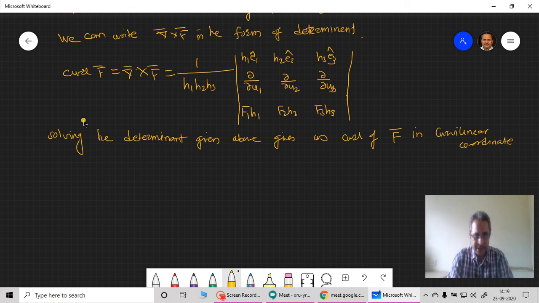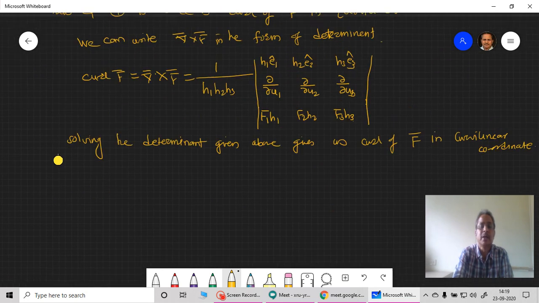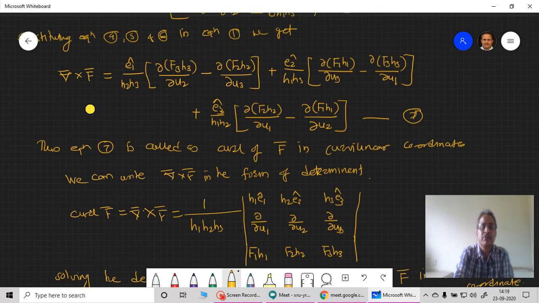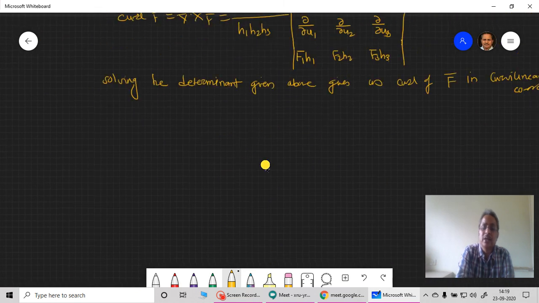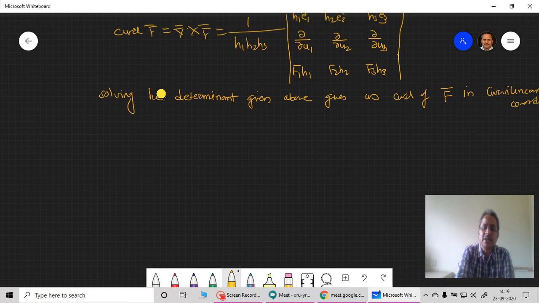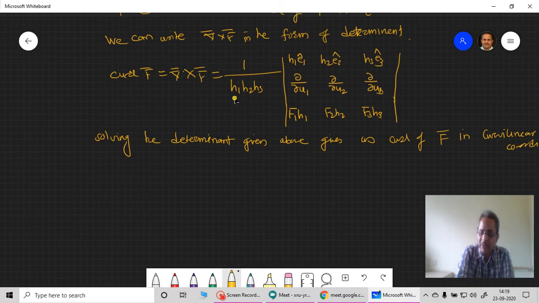Okay, try to understand. Let me tell you in Marathi: the curl del bar cross f bar that we have written above as equation number 7, this was actually our intention, we should get this as the outcome of this derivation, and what we have got can be obtained by this determinant. So whenever you are asked to find the curl of any vector in a curvilinear coordinate system, first identify the scale factors, which are to be written outside: h1, h2, h3.